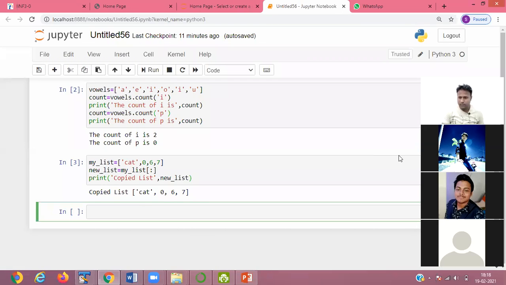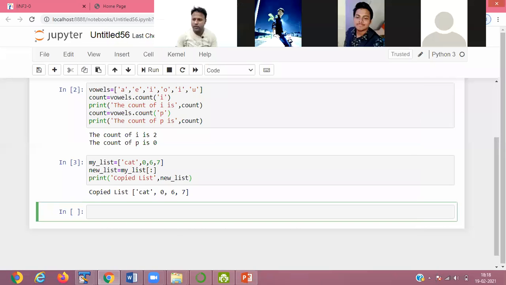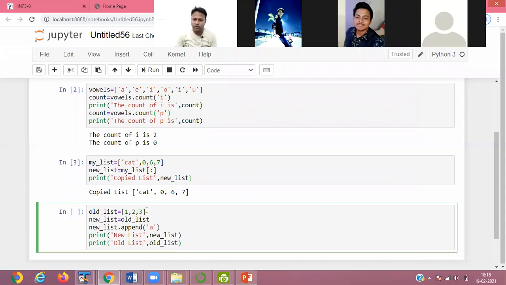If you notice here, we pass as a old list 1, 2, 3, new list equals to old list. So what elements are present in the old list, now it is transferred to the new list.